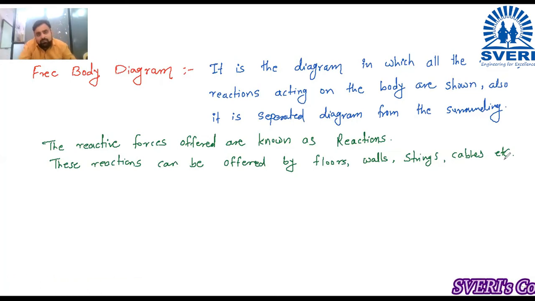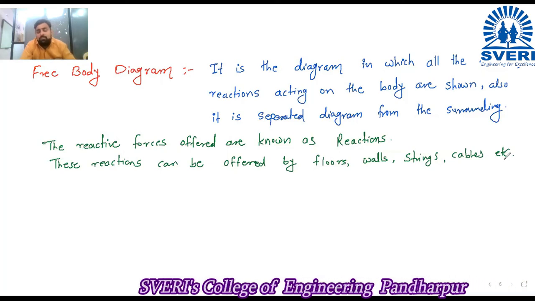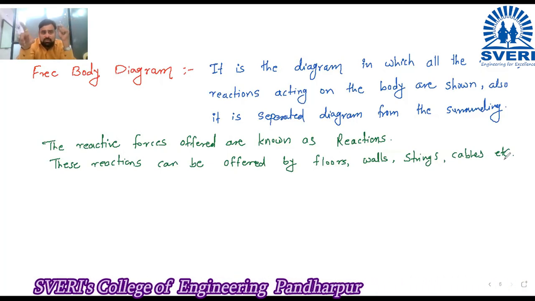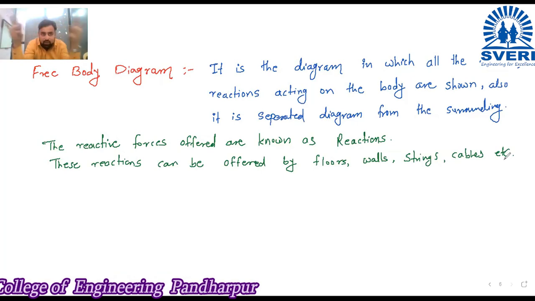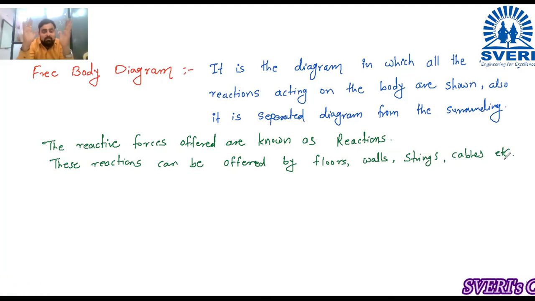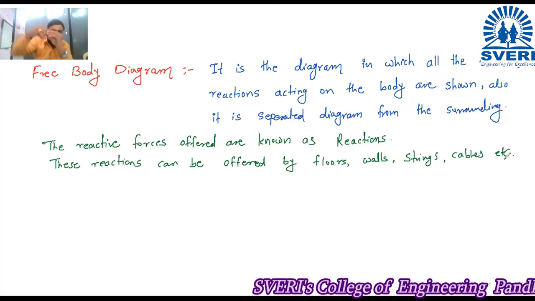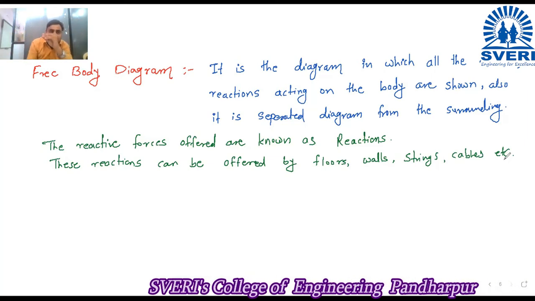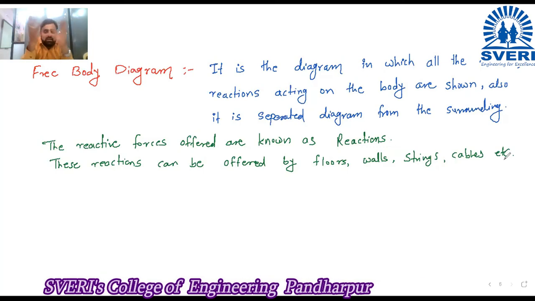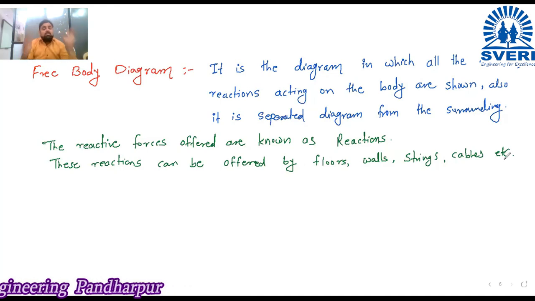Okay, so whenever you say that a system is in equilibrium, it means that the resultant force on the system is zero, but whatever forces are acting on the system, those forces are balanced by some reactions. That is why when you take the sum of all the active forces acting in one direction, the same magnitude of reactive forces are acting in the opposite direction. That is why when you sum them up, you get the resultant force as zero, and you say that the system is in equilibrium.